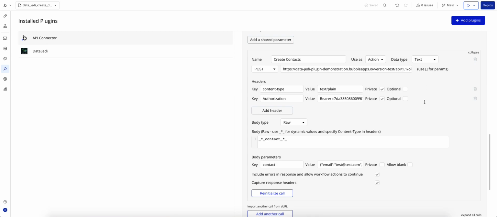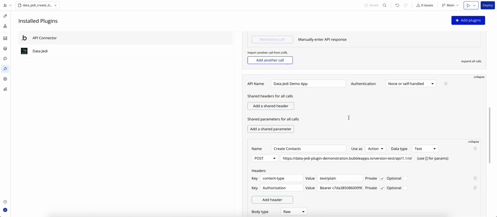So there's a lot of benefit to understanding how to use the Bubble API, not just this bulk create, but I'm not going into every single detail step by step. You can get in and see what's going on here. We need our content type as a header, and authorization, which is a bearer with your API token from the setups. You're doing a raw body type and the data type is text, and you set up your dynamic expression this way. You're going to need to initialize with a compressed one-item array,